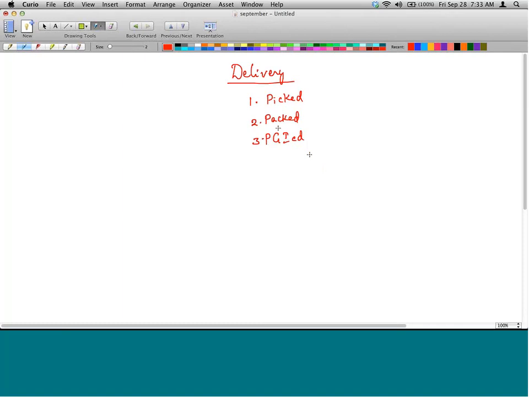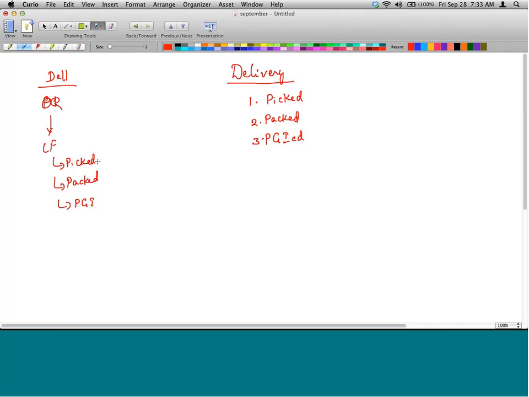Thanks. Now, there might be multiple steps here, like I was telling you. For example, let's take the example of Dell. You order a PC from Dell. The PC needs to be delivered. So there is an order and there is a delivery. In the delivery, the computer needs to be picked, the computer needs to be packed, and the computer, of course, needs to be PGI'd. Is that it? No. There may be many steps in between picking and PGI.